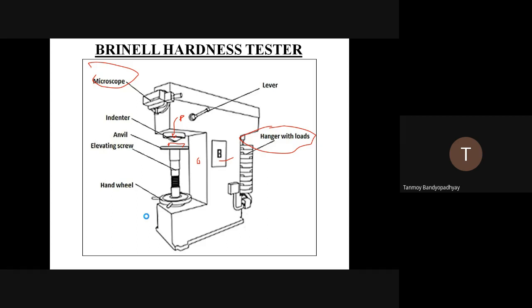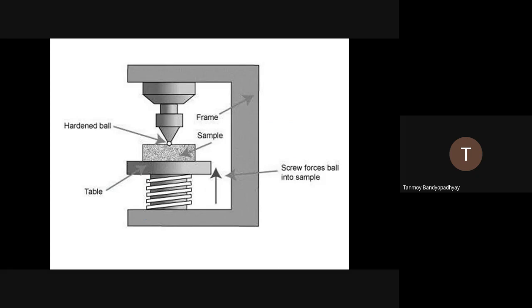The foundation must be very strong, so that there are no vibrations, and the load acts perpendicular to the surface of the specimen. These are very basic precautions that we have to adopt while doing the hardness testing. You can see that the entire machine is fitted on a very solid foundation. There has to be a very solid foundation for the specimen. Okay, sir.